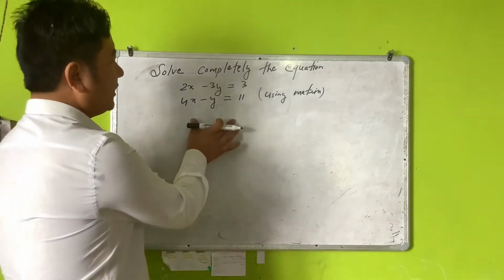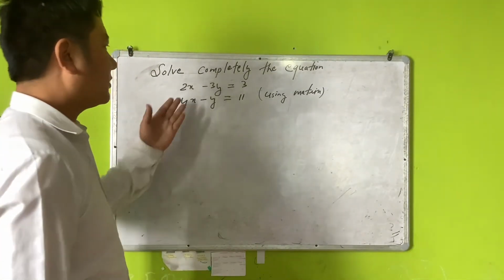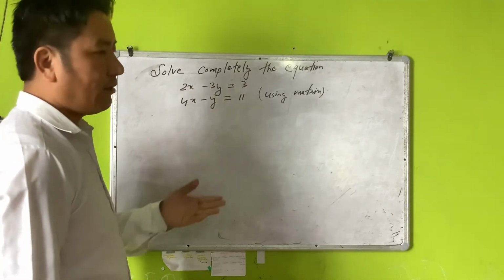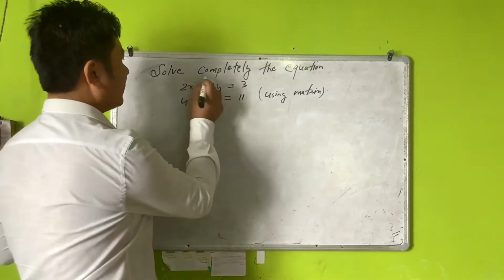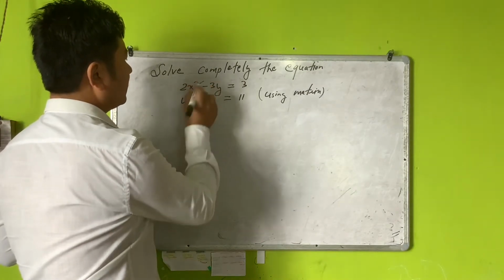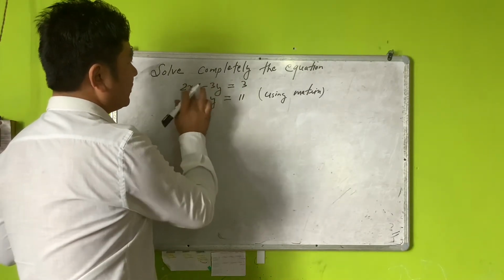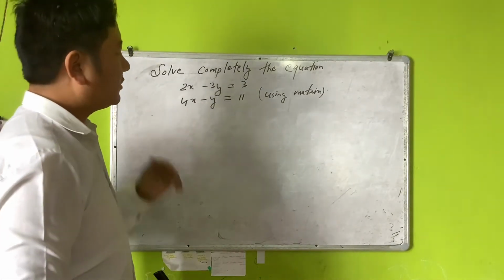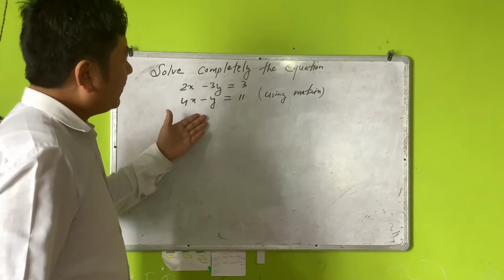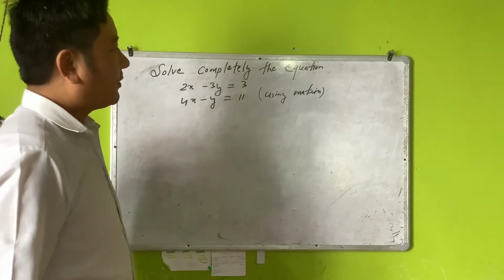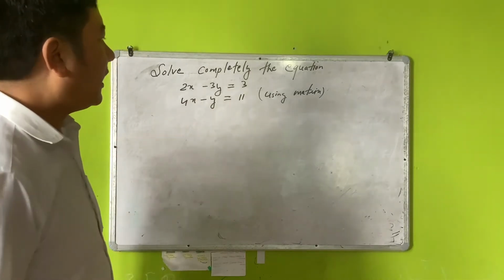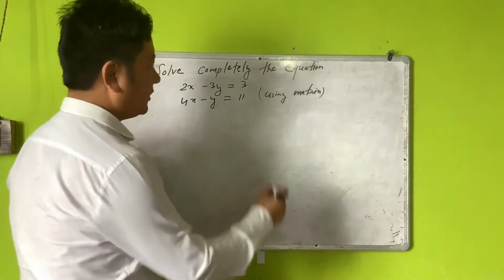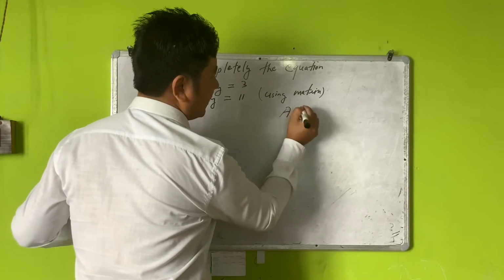So a linear equation is given. A linear equation means when there is no power; if there is a power, then it is a quadratic equation, okay? So 2x square would be quadratic, but here there is no square, no power, so this is a linear equation. A linear equation is given, and you are asked to solve this equation.